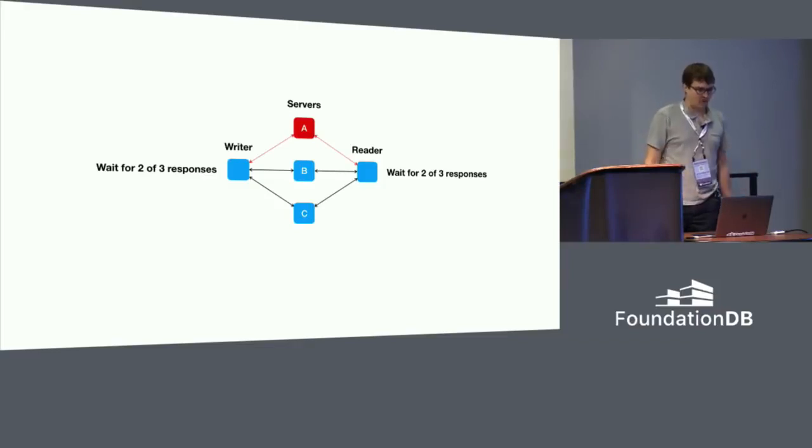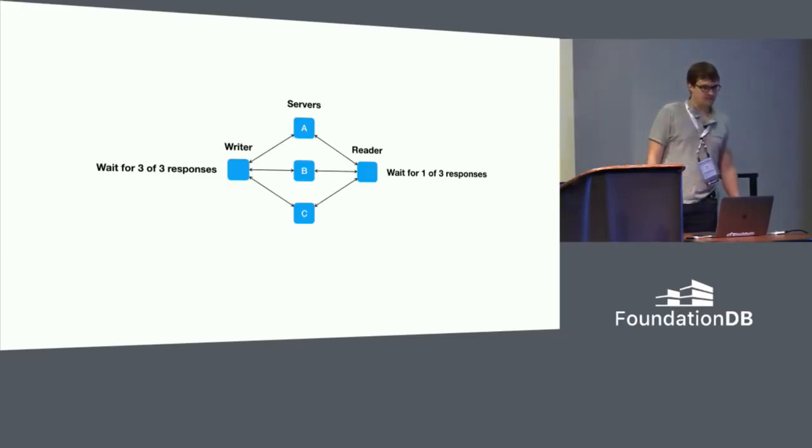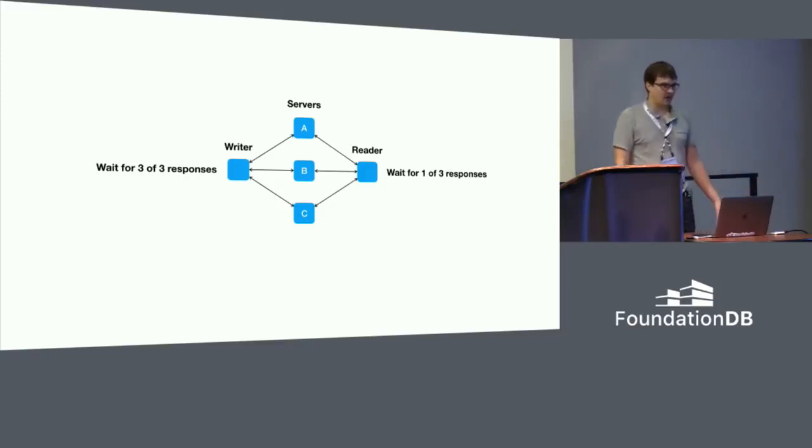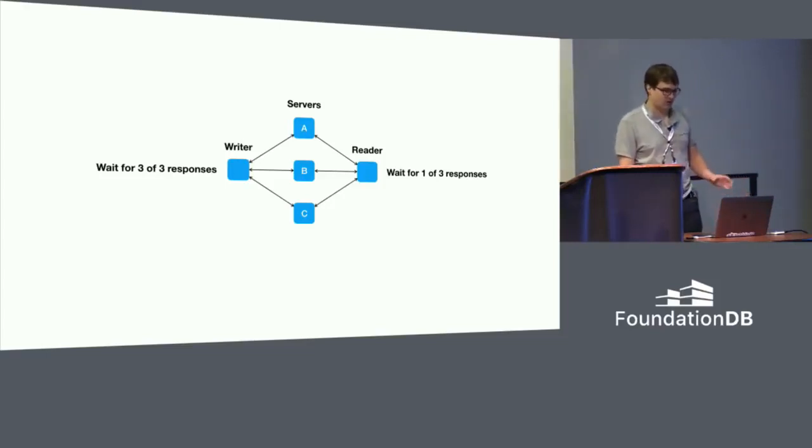So sort of the core principle behind FoundationDB is, if we don't actually need this implicit failure handling that I just described, there's actually a lot of benefit we can gain by doing things slightly differently. So in this case, since we don't have to handle failures, our writer can write to all 3 of the